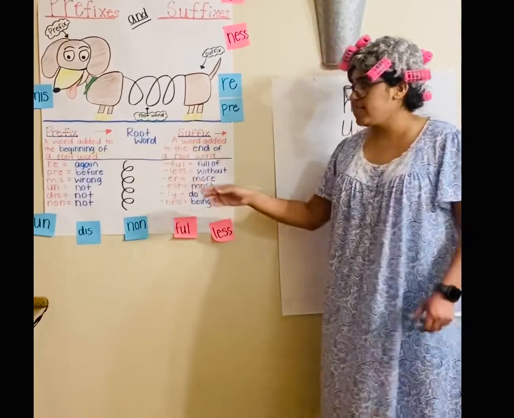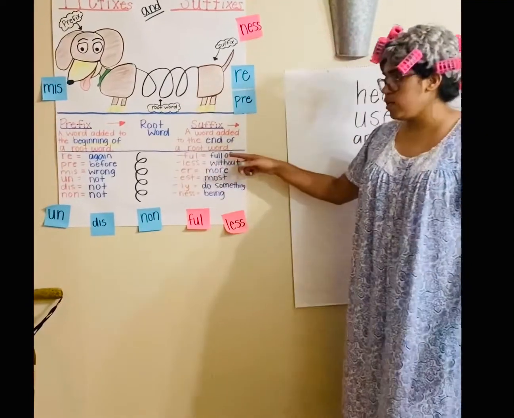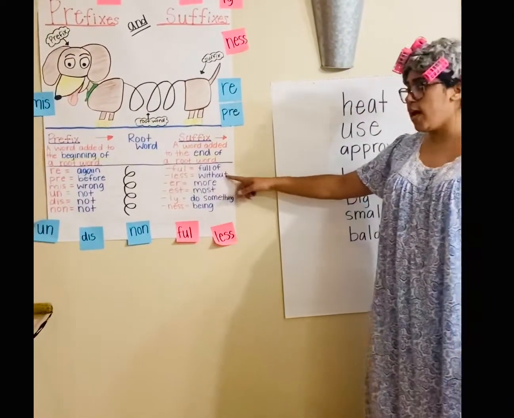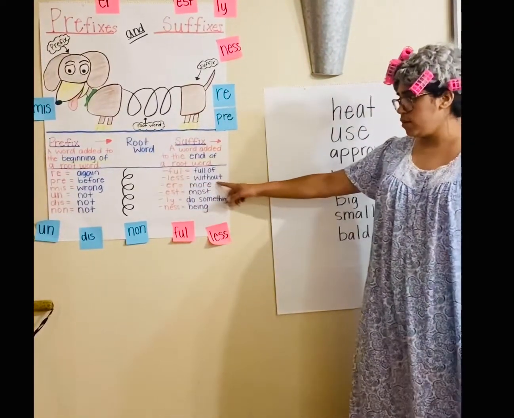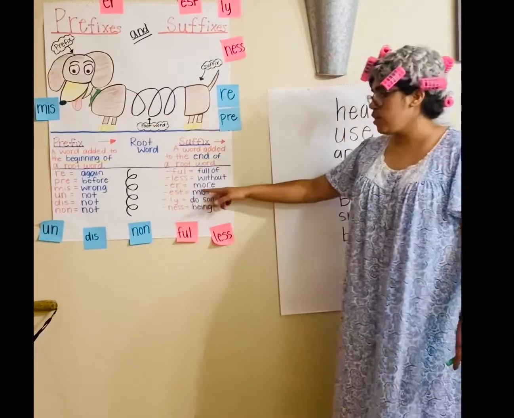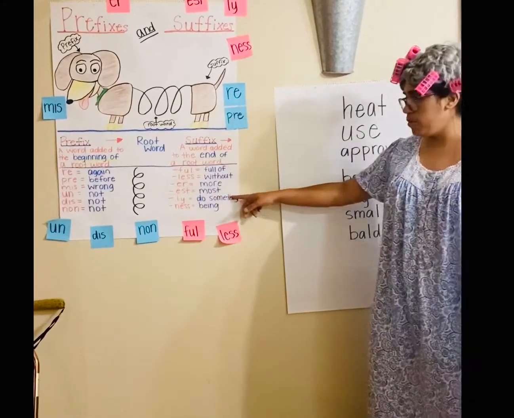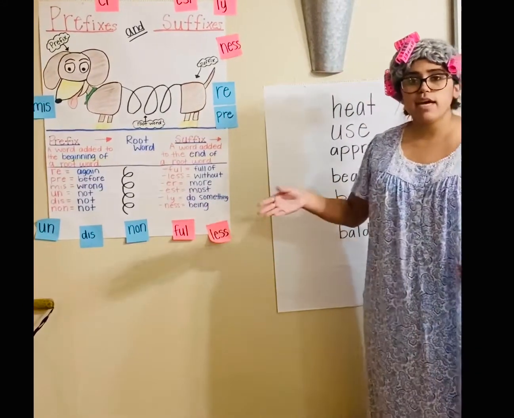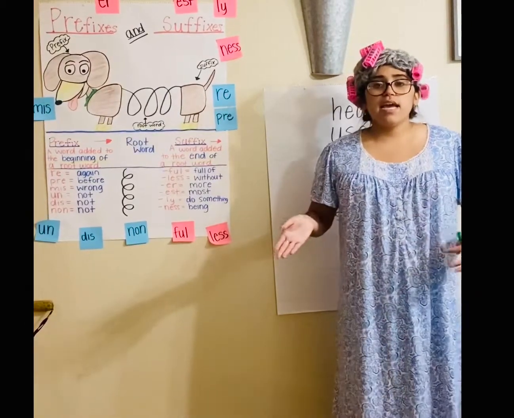Remember, suffixes go at the end of the root word. Full equals full of. Less equals without. ER equals more. EST equals most. LY means to do something. And ness equals being. So now I'm going to talk about the prefixes and suffixes and adding them to the